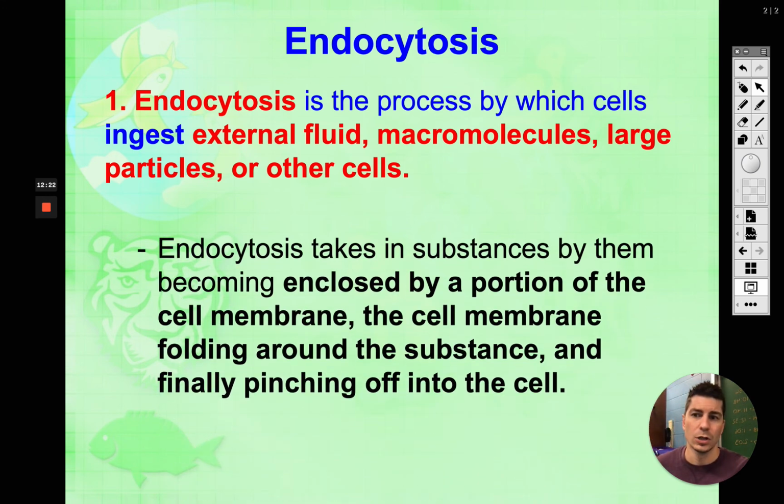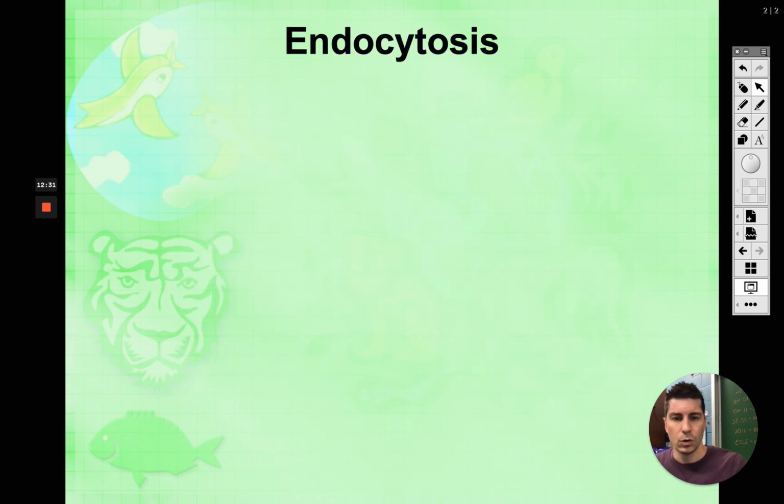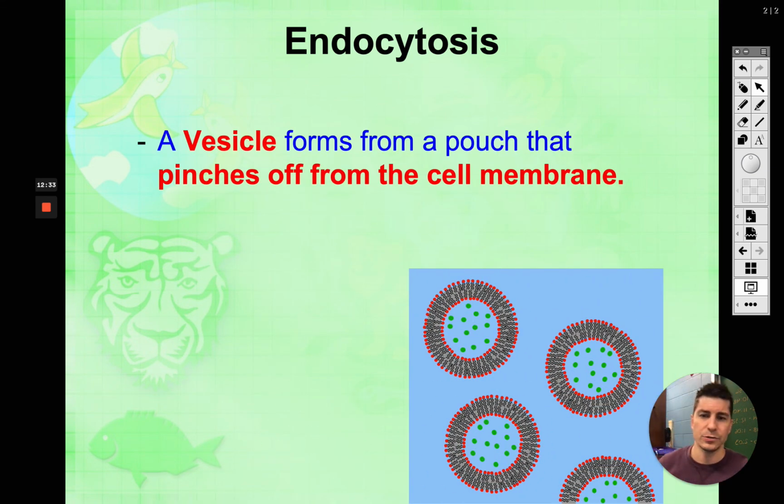So endocytosis, we might be moving fluids, we might be moving macromolecules, something large into the cell. How we do this is we are going to take a vesicle. If you remember the vesicle, we used that for proteins before to transport the protein throughout the cell. We are going to take this vesicle and push it against the cell membrane or whatever we're transporting. Let's say it's a solute particle. Push it against the cell membrane. Okay, it'd be a very big solute